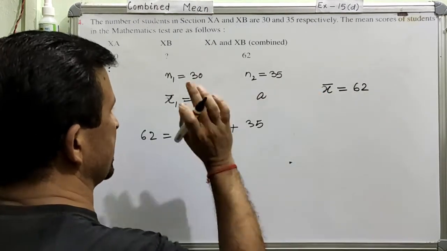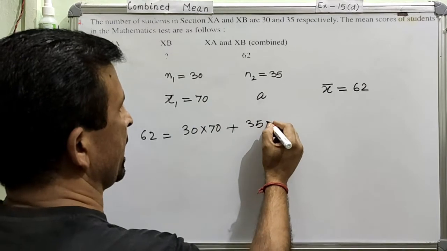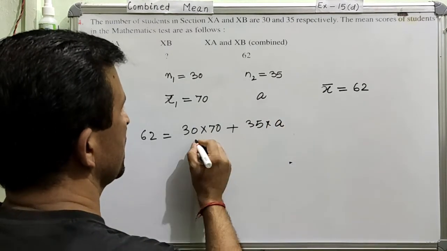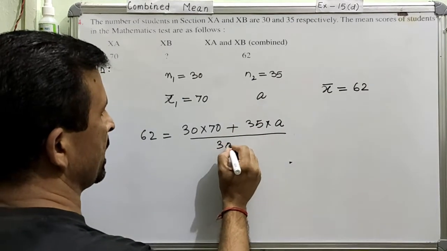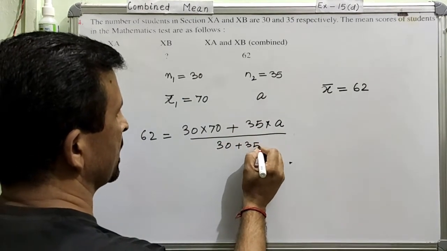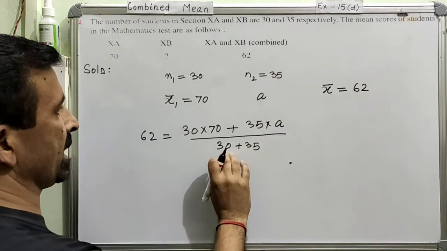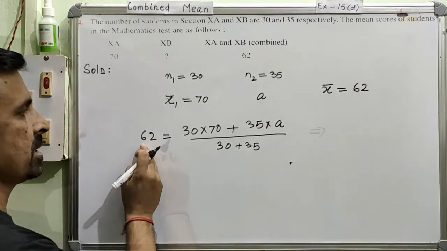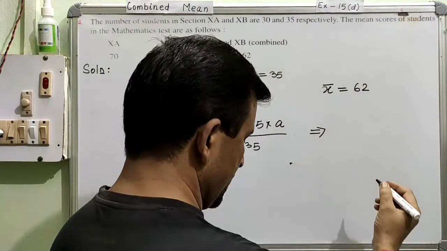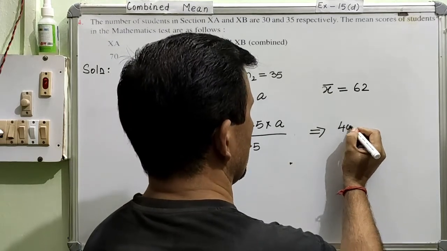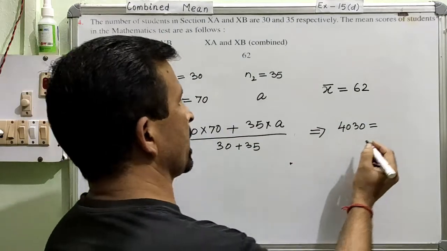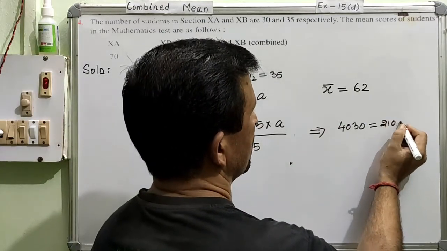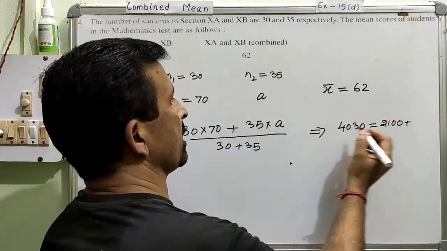Because already we have x here, so we are writing this as a, divided by the sum total number of students, so 30 plus 35. So this will become 65, and this 65 will be multiplied by 62, will become 4030, and then this is 2100 plus 35a,